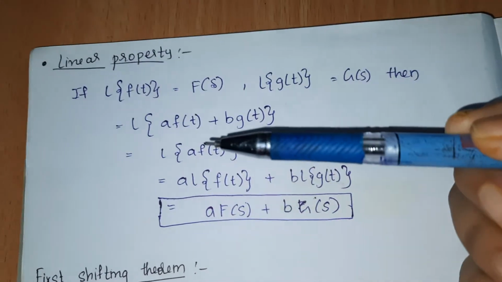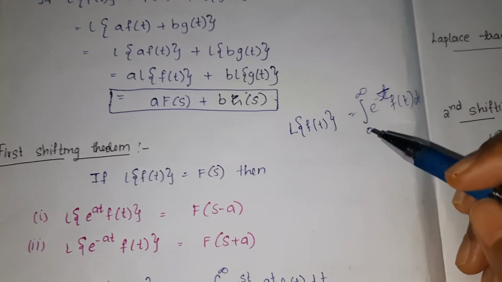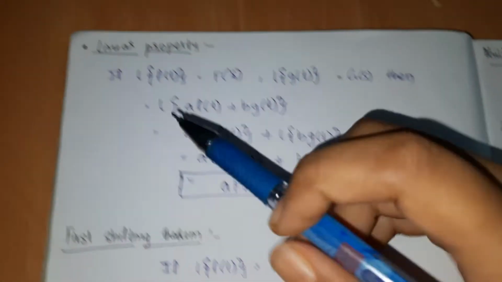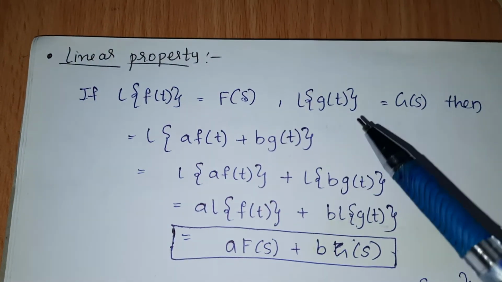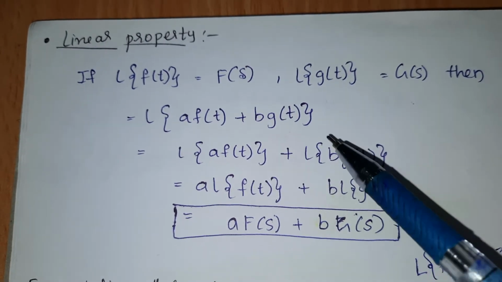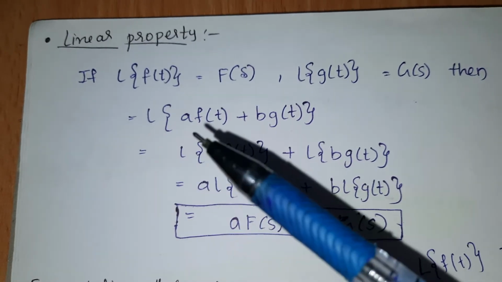Here we can write L of f of t is the integration from 0 to infinity of e power minus st f of t dt, that is equal to F of s. So here we have taken L of f of t is F of s, and L of g of t is G of s. Then the linearity property says: